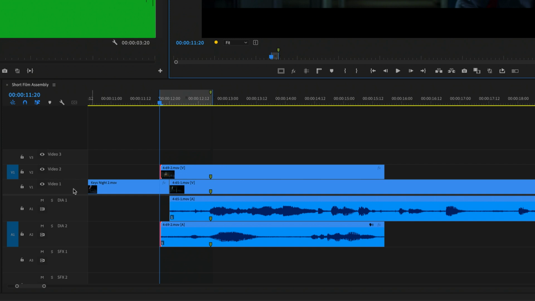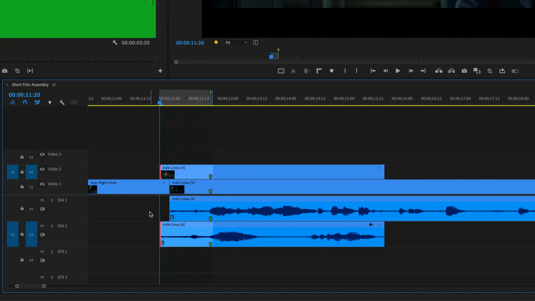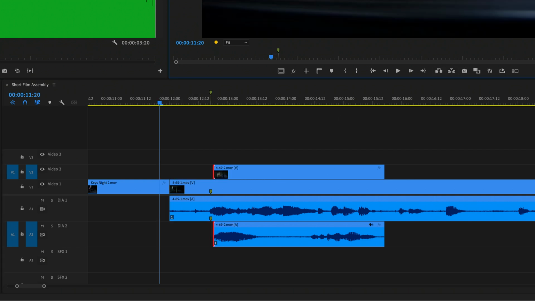This is called the track targets, and they affect clips once they're already on the timeline. So watch what happens now. If I target V2 and A2, and then I'll do the lift, that also chopped out that clip in that section. So the targeting affects things that are already on the timeline, and whatever edits you do with the lift